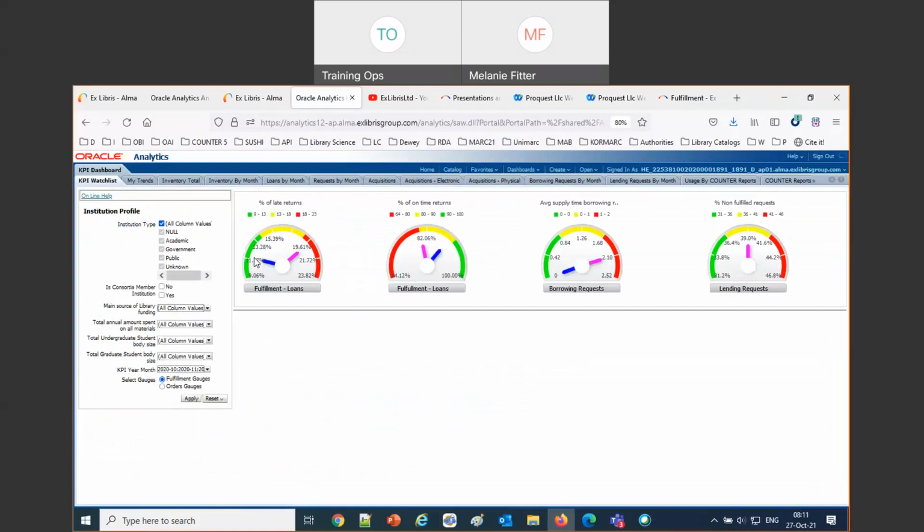For example, if I am in a Canadian environment or a North American environment or an APAC environment, what I'm seeing here is comparing my KPIs, my key performance indicators, against other institutions